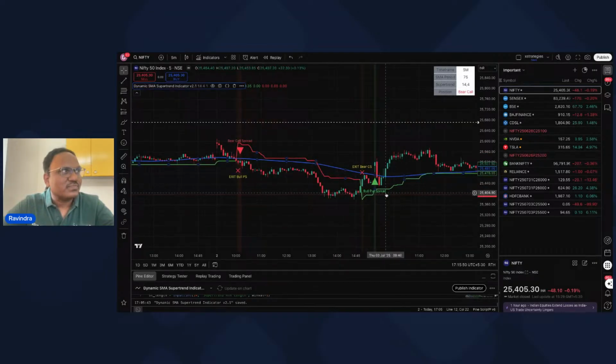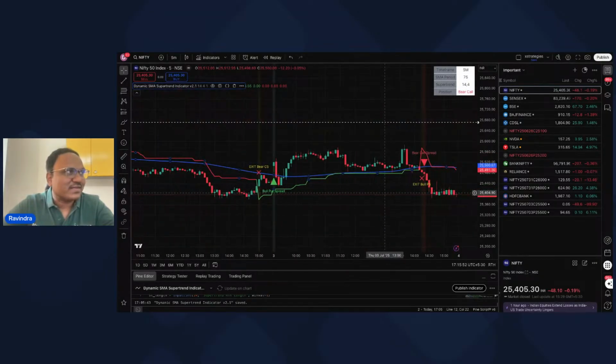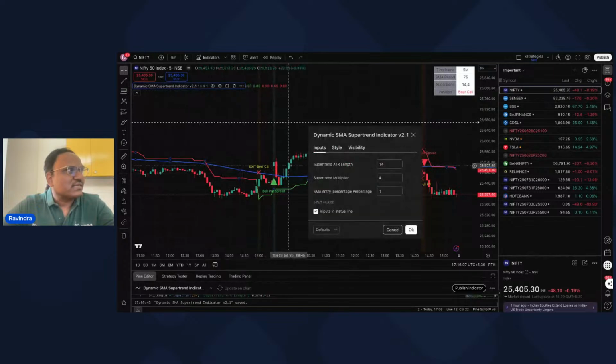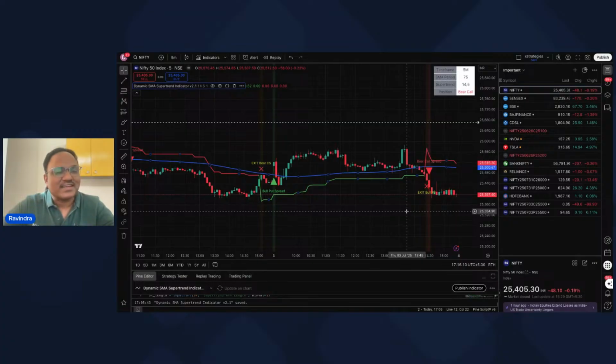And you can also, for instance, let's say you just came that day and logged in at about, let's say, 11:45, and you do not know what to do, right? You want to take a trade somewhere here. So you try to adjust these parameters and see if you are able to get an entry signal. You can play around with this. There is nothing right or wrong, but the only thing is your entry and exit have to depend on the same parameters. That is the only trick that you need to do.